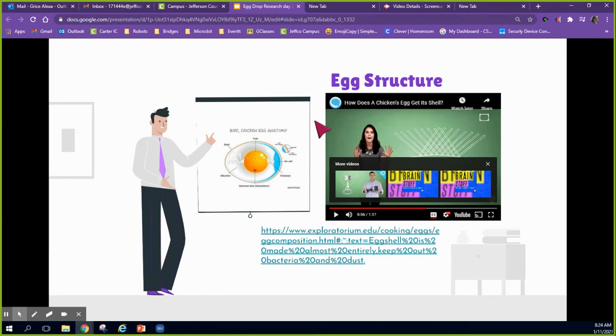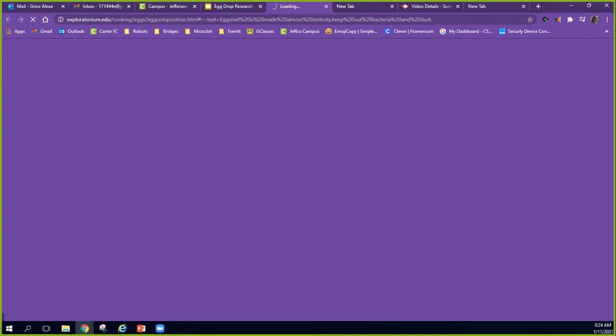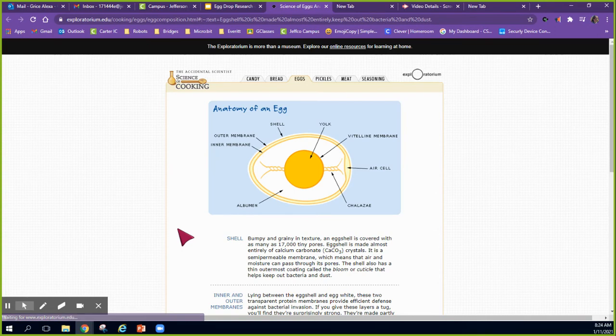Okay. Now the second, what are eggshells made from? You could probably even answer that based on the last question, but I do have a link just in case you wanted to get some additional information. And again, we just need this area where it's talking about the shell. Bumpy and grainy in texture, an eggshell is covered with as many as 17,000 tiny pores. Eggshells are made almost entirely of calcium carbonate. So I'm going to write calcium carbonate down as the answer